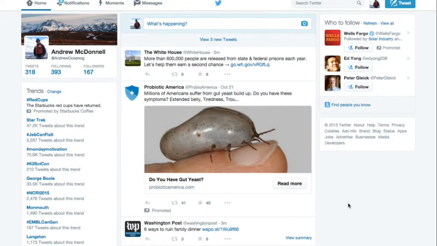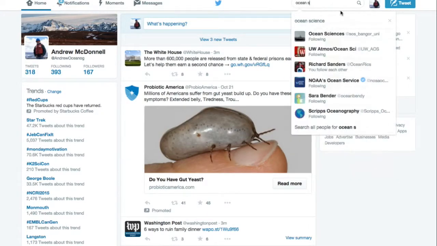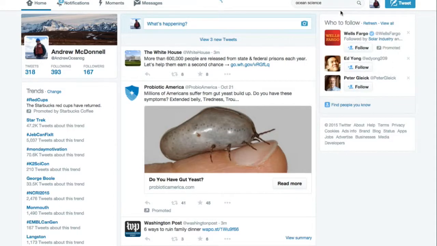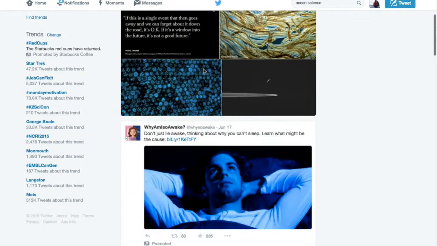If you don't have a Twitter account, go to twitter.com and sign up. Once you have an account, the first step towards using Twitter as an aggregator of news is to find useful Twitter accounts to follow. In order to do that, go to the search Twitter bar up at the top and type in some subject, say ocean science. So hit enter, and then you'll get a list of tweets that are